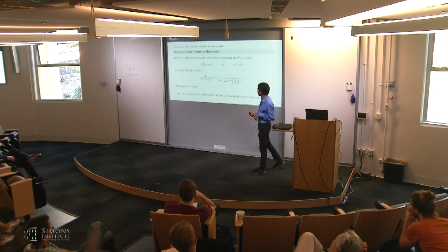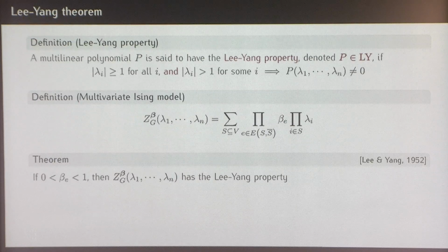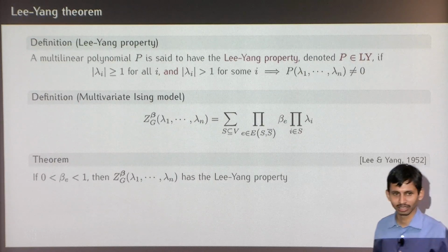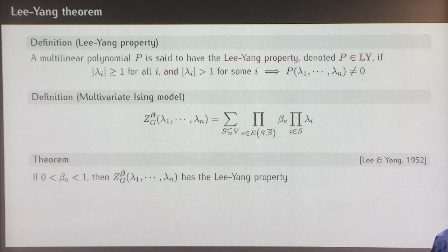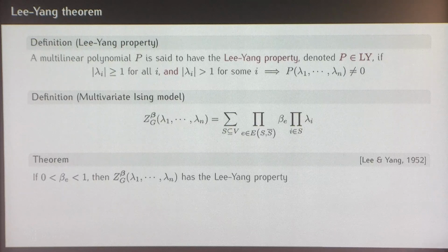Okay, so let me just go through Asano's proof of the Lee-Yang theorem, and then how that generalizes to our setting. So it turns out that, as in many cases, it's easier to prove the Lee-Yang theorem if you look at the multivariate generalization. So we'll say that a multilinear polynomial P has the Lee-Yang property if it has the following property, that